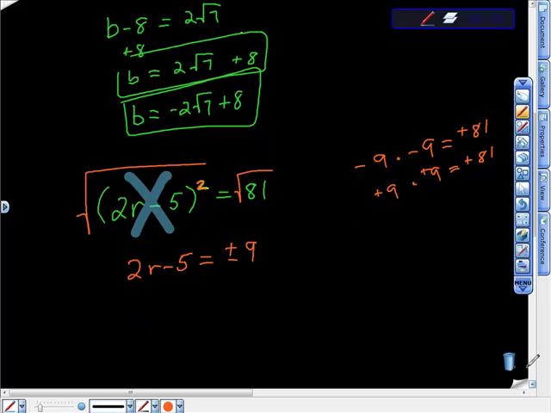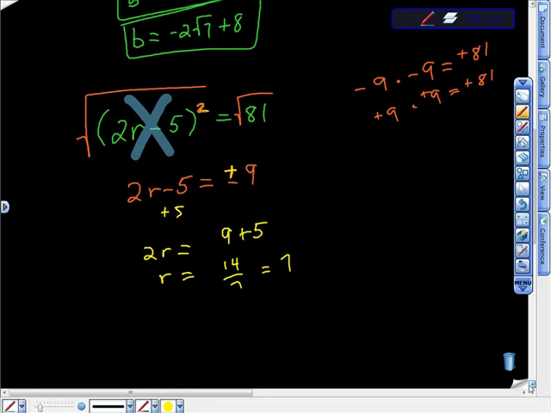So when we solve, we're going to solve the first one. This is what I'm solving for now. I'm saying plus 9, and I'm going to add 5 to both sides. So I'm going to get 2r is equal to 9 plus 5, right? And then we divide both sides by 2, right? So we get r is equal to 9 plus 5, which is 14. So 14 divided by 2 is 7. Or